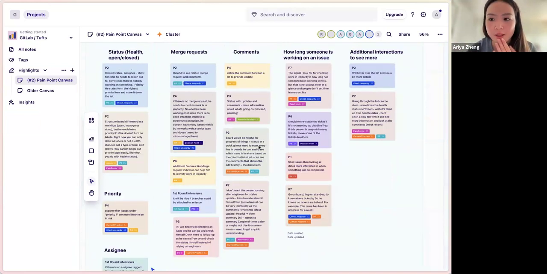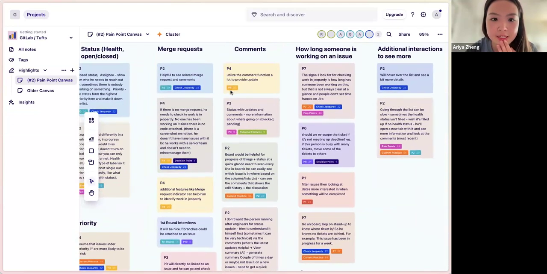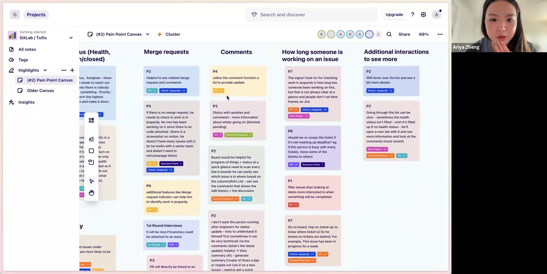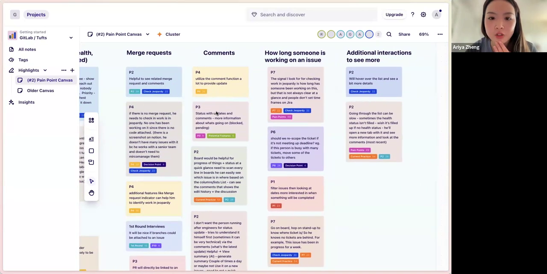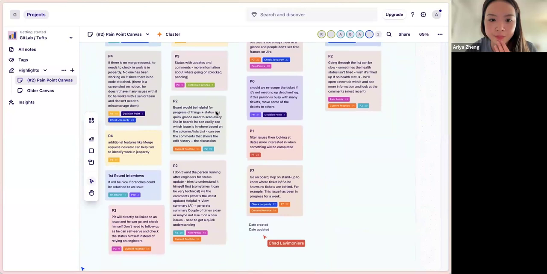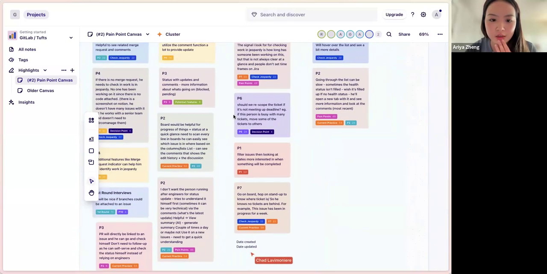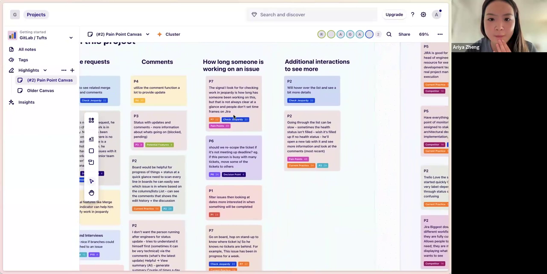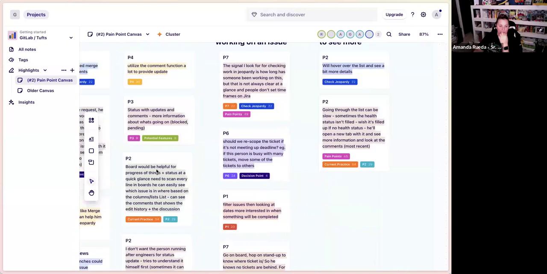Okay, I see. I'm going to go through this super quickly so we'll have time to narrow down on our problem and ideate with crazy eights. People look for a merge request indicator to know whether something's in jeopardy. If there's no merge request, they know that maybe someone's not working on it. They also want to see comment updates, at a quick glance, like the edit history and the discussion. I heard that yesterday in a customer call as well.